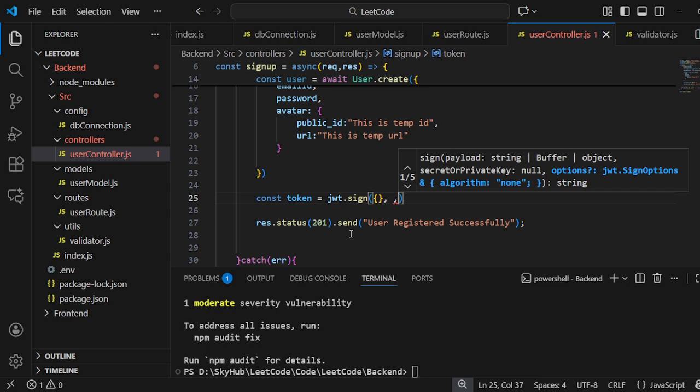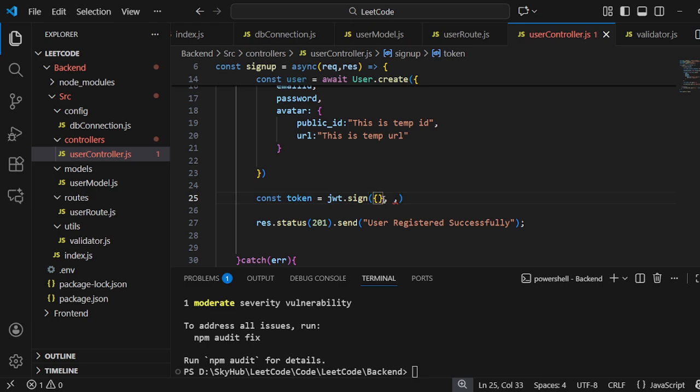So in payload we send our ID, which is by default generated by MongoDB, _id. So we name it id colon